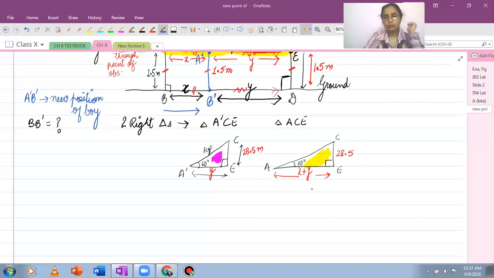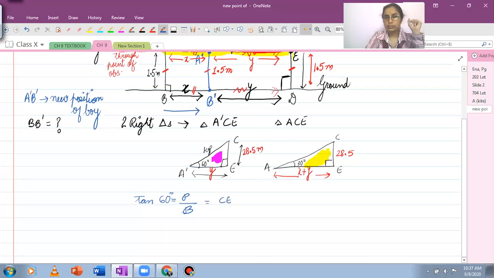So these are the two triangles. Remember, wherever you have multiple triangles forming, consider the triangles that you can see in your diagram separately. Apply T ratios in each of the triangles, and then see how those two relations can be worked out in order to find out the required values. So I'm just going to work with this triangle over here. I have the height and I have the base. So I have a perpendicular and I have the base. That means I will be using tan of the angle given. So tan 60.